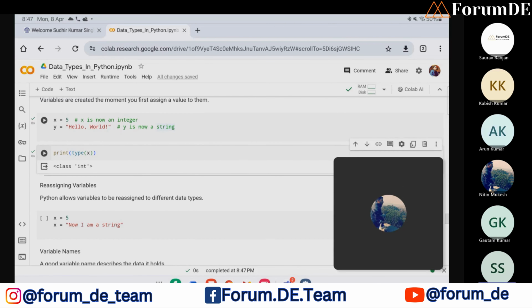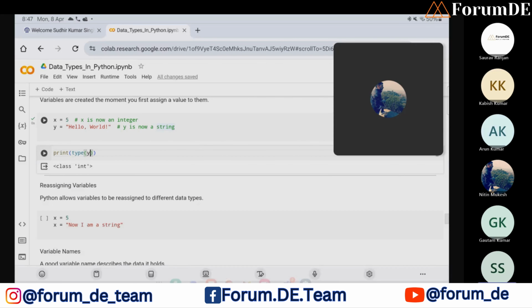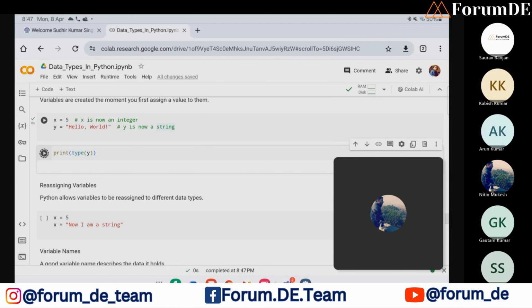And similarly, if we want to see the type of Y, we can see that it is of class string.